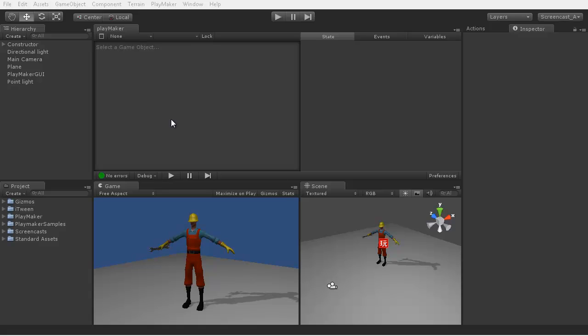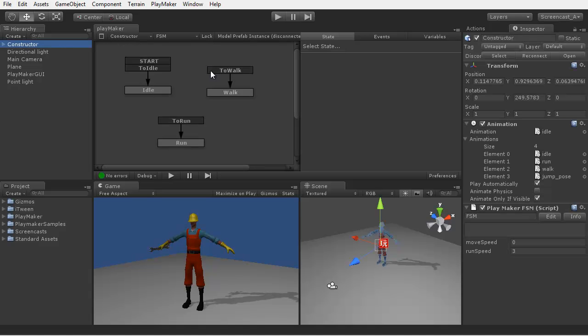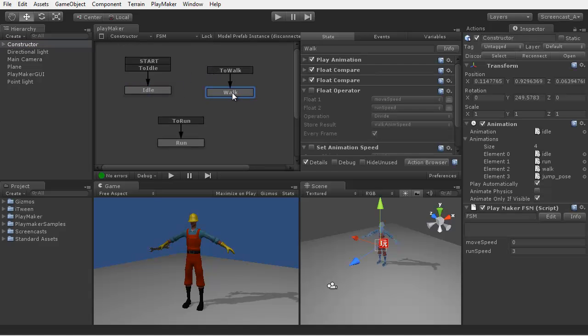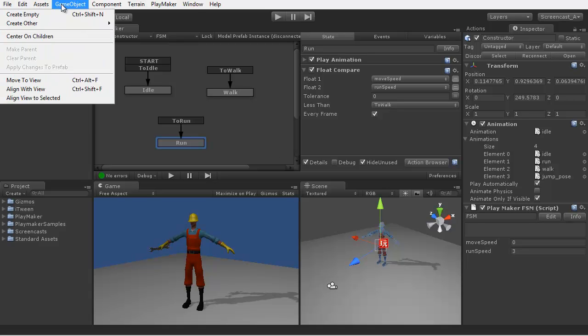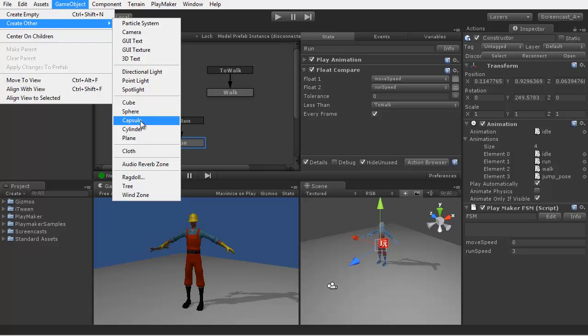Hi. In this screencast, we'll control the animation graph we made previously with a simple character controller. To recap quickly, we made an animation graph that transitioned automatically between idle, walk, and run based on the movement speed of the character. So to move this guy around, we'll add a capsule,